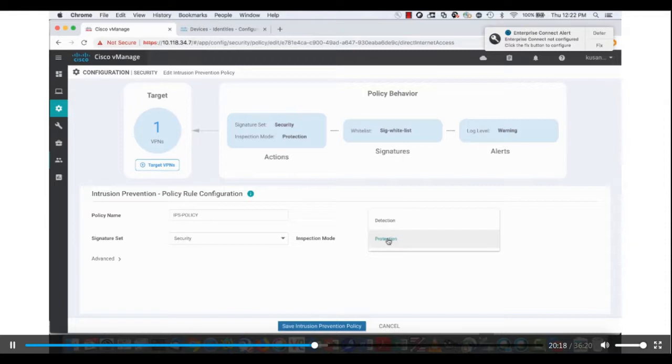Protection will be inline. Should a signature get fired, the packets will be dropped. In the detection mode, however, you can see what is going on, but the packets will not be dropped should a signature get fired. Anything else that's not mandatory to run this